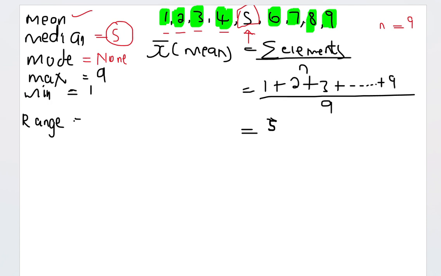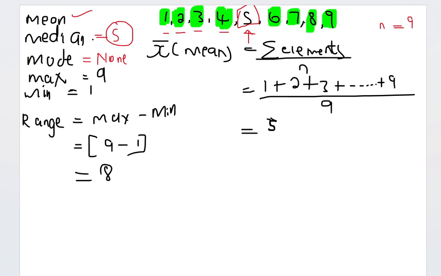And the range is the difference between the maximum minus the minimum. Okay. So you might think of the way that when they say you must be between certain ranges, meaning you mustn't go outside those ranges. You must be within the boundaries. So you must take the maximum number, which is 9, and subtract the smallest number, which is 1. So in this case, our range is equal to 8. So I hope this video